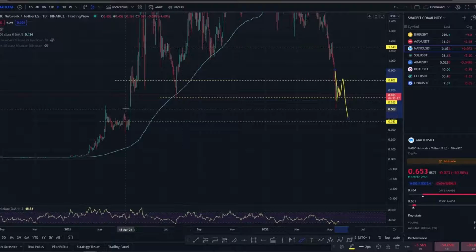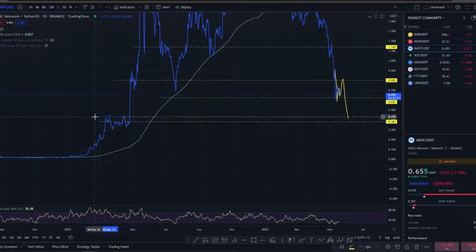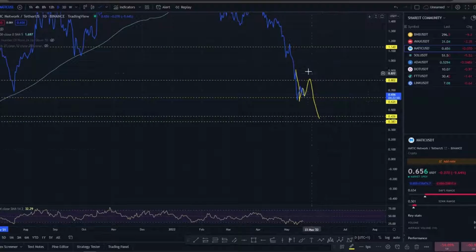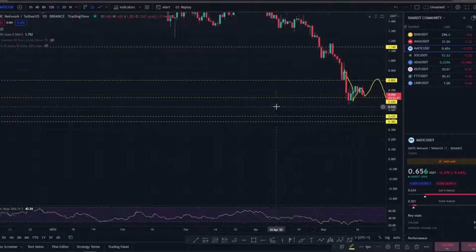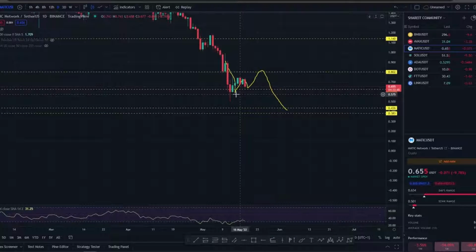Unfortunately, I mean, you have got an area of support built up here. Let me just have a quick look. We've got an area of support here where price action could hit, what's that, 43 cents. So we are bearish. There's nothing to signal that we are bullish or there's any short-term indication of a reversal. If we manage to get above this area here,